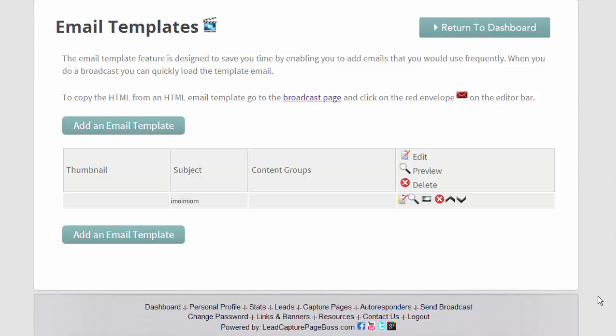The email template feature gives you the ability to create as many emails as you want that you use on a frequent basis. For example, if you have your own company and you want to send out a special newsletter each month and you want to keep the template of the newsletter the same, you may set up a newsletter template. You may also have a newsletter that goes out regularly for a blog, or perhaps your Facebook page or